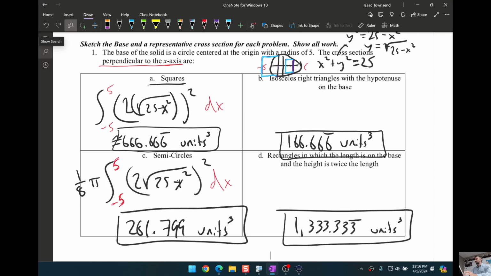So it's saying the length is on the base, so it's like a curve like that. This is the length, and the height is like 4, which is the size this way. So if you just multiply the function, like a distance to the